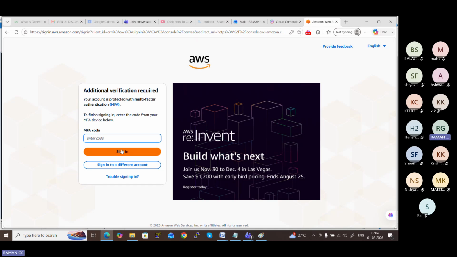So MFA code means multi-factor authentication code. This is the second level of security I associated with my AWS account. Even if someone knows my username and password, using that alone they can't connect. So I associated my account with my personal mobile where I run an authenticator application.